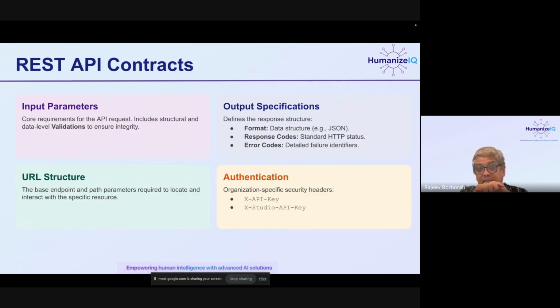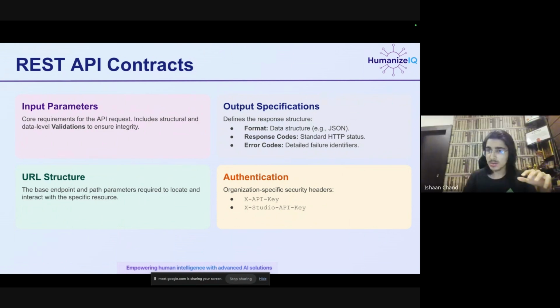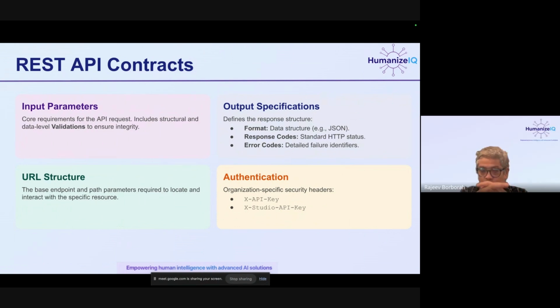Many times when you're working, you will receive a 401 error code on your API. Can somebody tell me what a 401 error code on your API means? Anyone? Yes, Ishan. Authentication error. Correct. 401 code is authentication. So if an authentication failure has happened, it should give a 401 error code, which tells you that you need to investigate how the authentication is working. So they're very industry standard. It is not our standard. So it is important to use the right code in there.